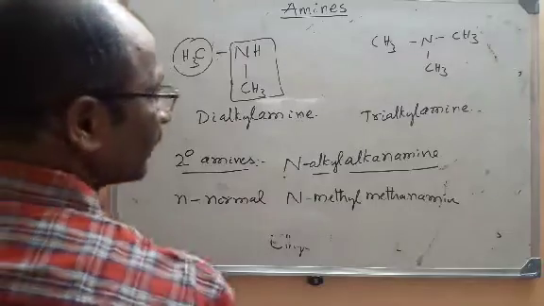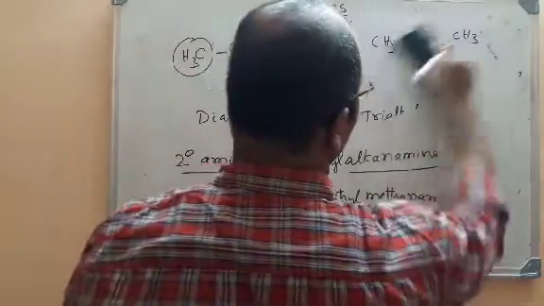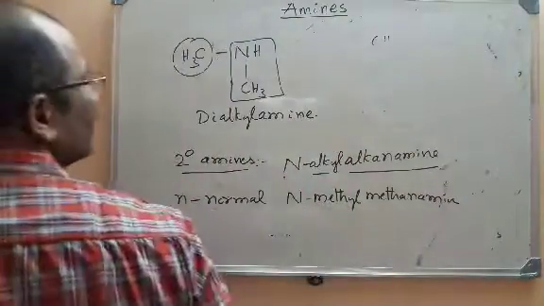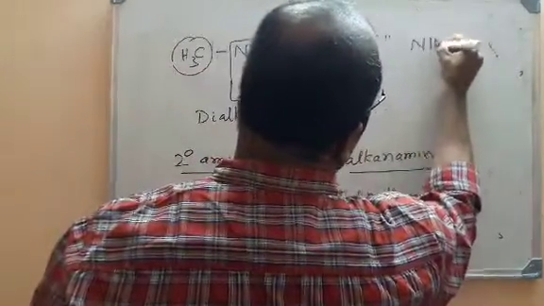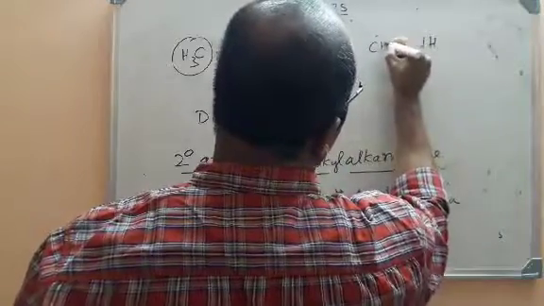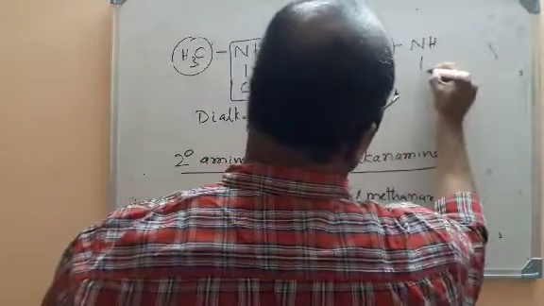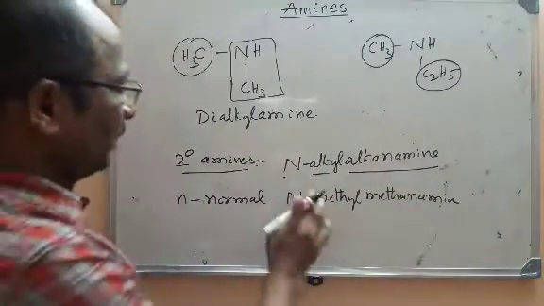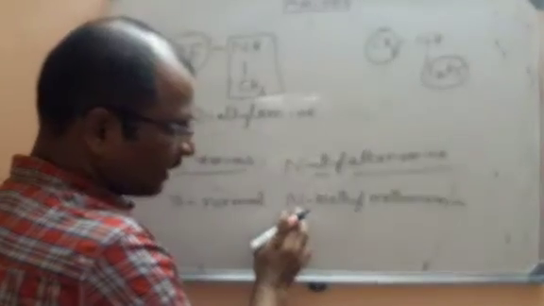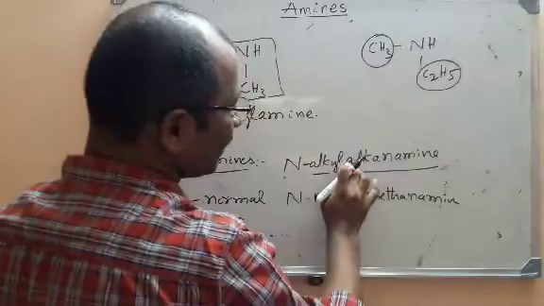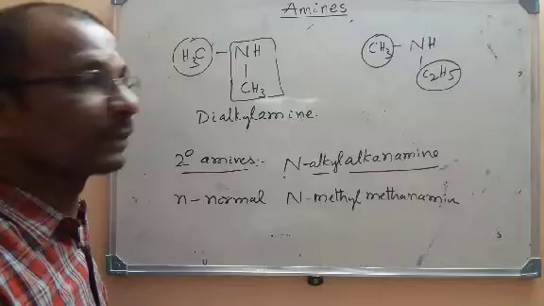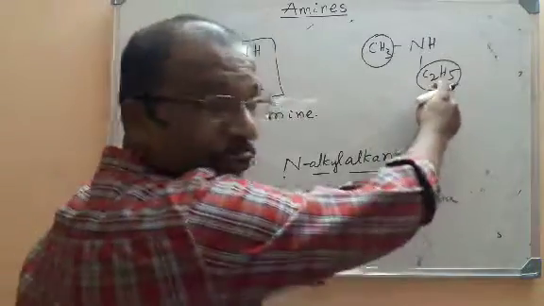Let us write one example so that it will become easy for you. Now I will take an ethyl and methyl group to illustrate this. So here I am taking again a secondary amine. Here we have the CH3 group and also C2H5. Look here. In IUPAC nomenclature, as I said, N-alkyl alkanamine. I told you the first part is the alkyl part, which should be an alkyl group with fewer carbons. Look here, ethyl has 2 carbons.